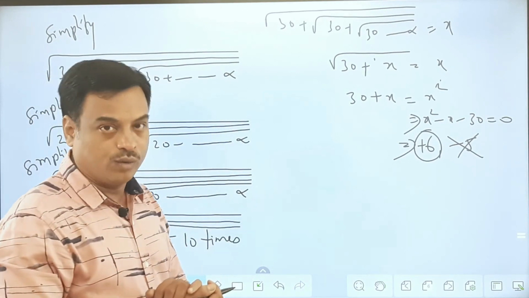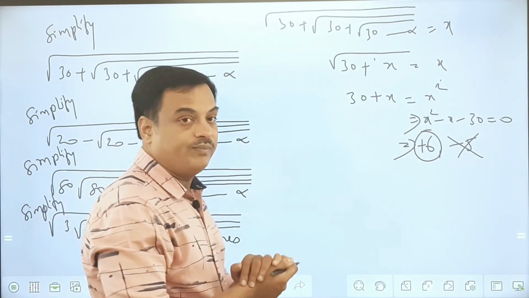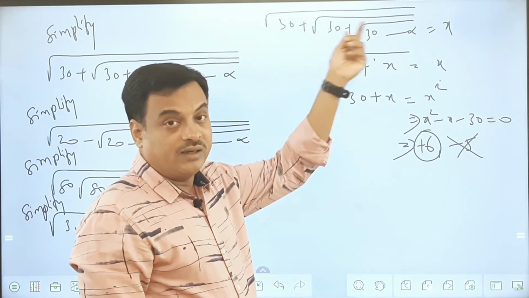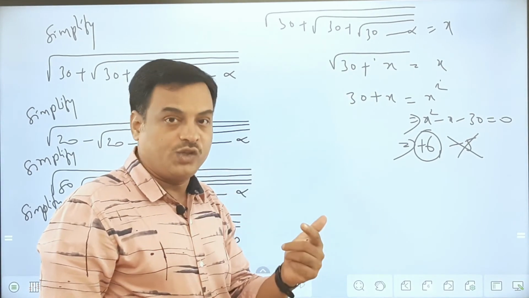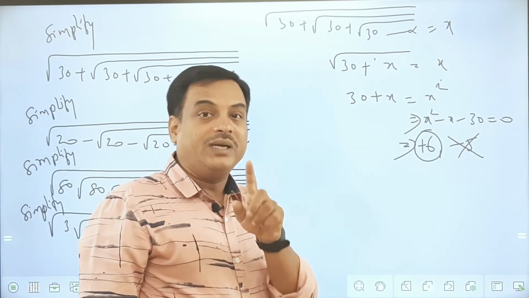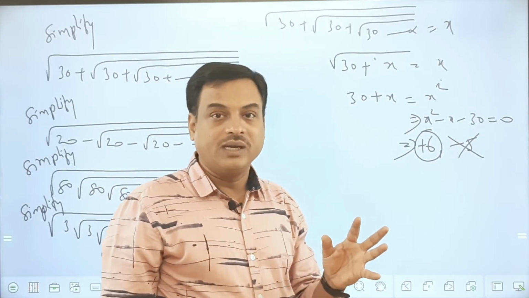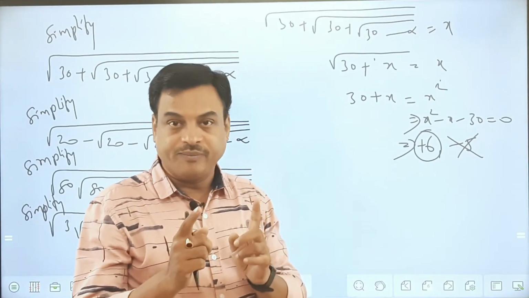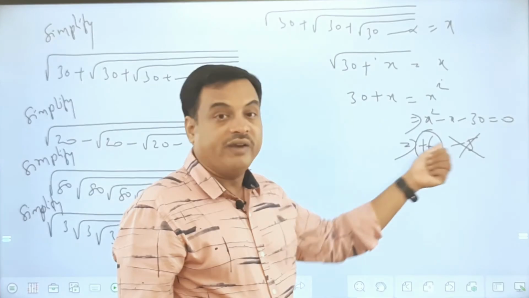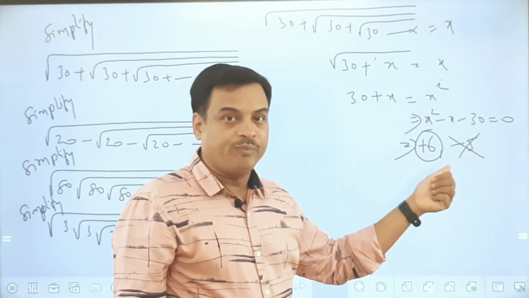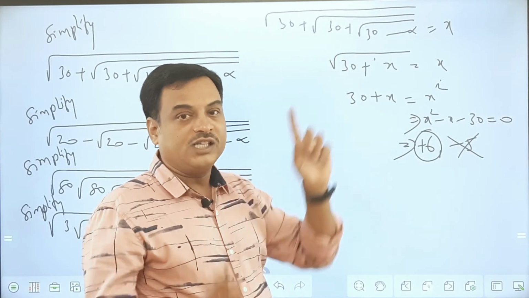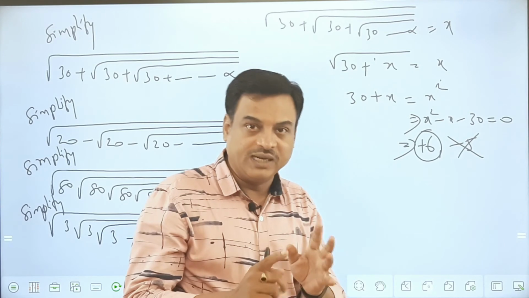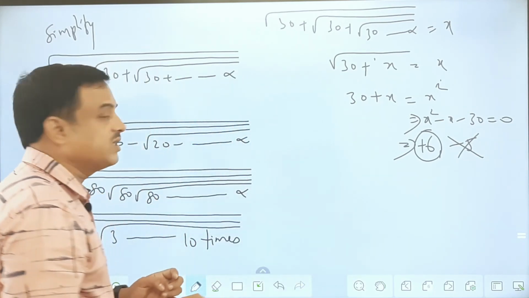There is an alternate method also for this. What is the alternate method? If you observe 30, 30, 30, when framing the question, the examiner takes care that the number taken is mostly a product of consecutive numbers. Like 30 is a product of 2 consecutive numbers, 6 and 5. And you can see I got 6 and 5 as the roots here, but the larger value will be positive. So 30 is split into 2 numbers, 6 and 5, and the larger value is the answer. This is the direct point to note, in case it is a short answer question.